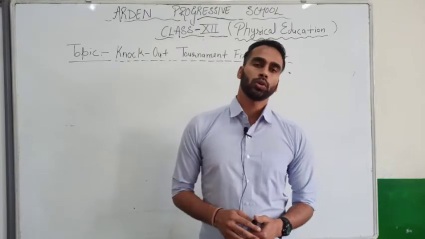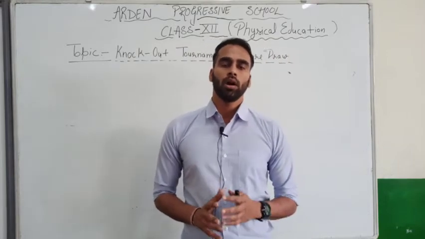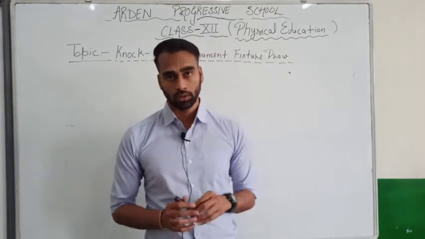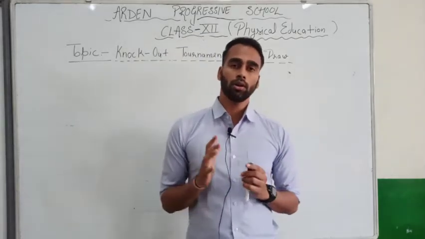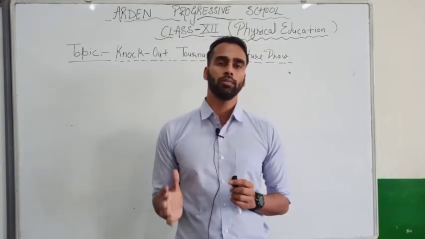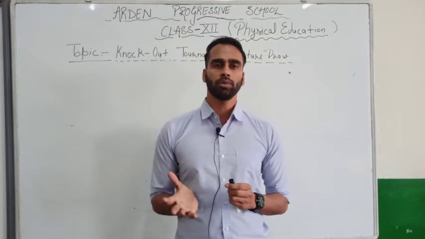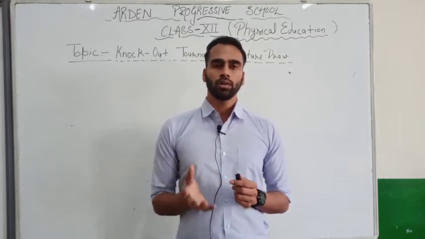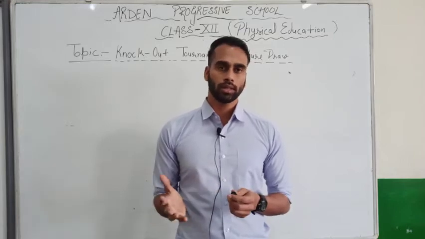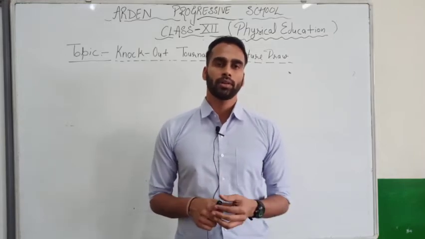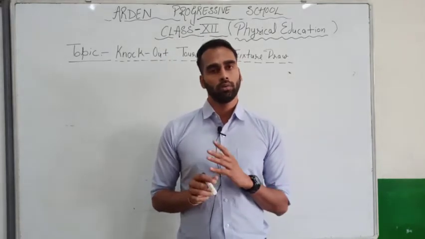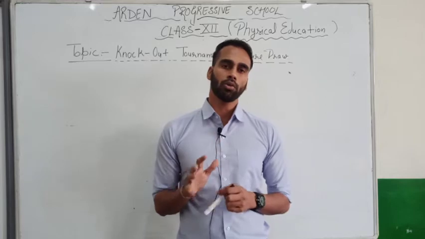Find. So class, today I am telling about how to draw a knockout tournament fixture. Okay class, so basically a knockout tournament is the most popular and easiest way of conducting any tournament, because this type of tournament takes less time and less money to spend, and has extra types of benefits. And in this tournament, if one team loses, they are definitely out of the tournament.